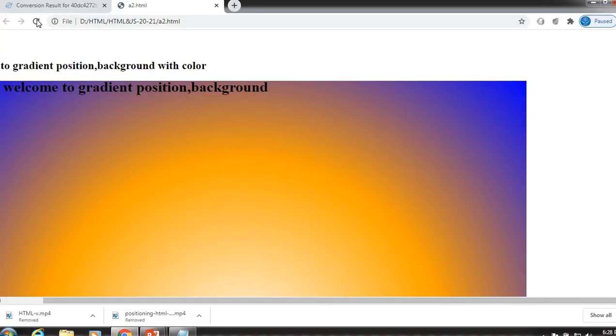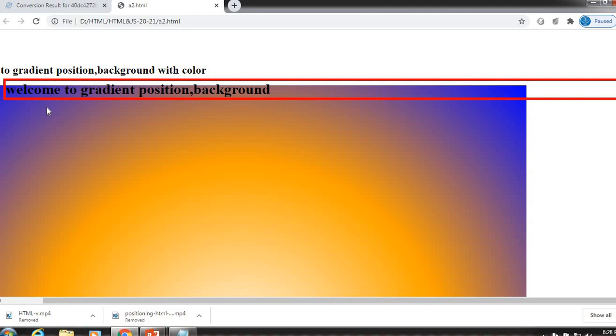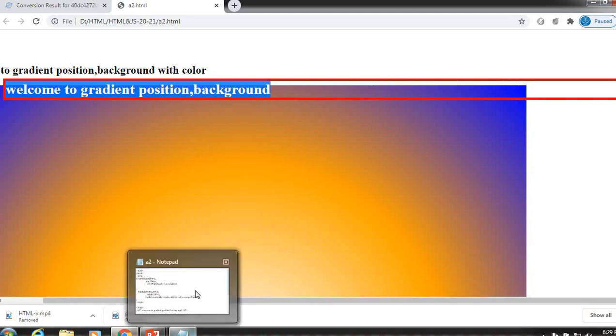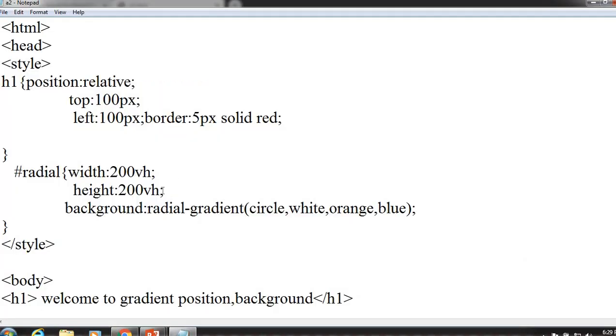Now see the reflection of this. So whenever we give the relative property to the text, it will occupy the complete width of the web page. So again let us see the absolute.